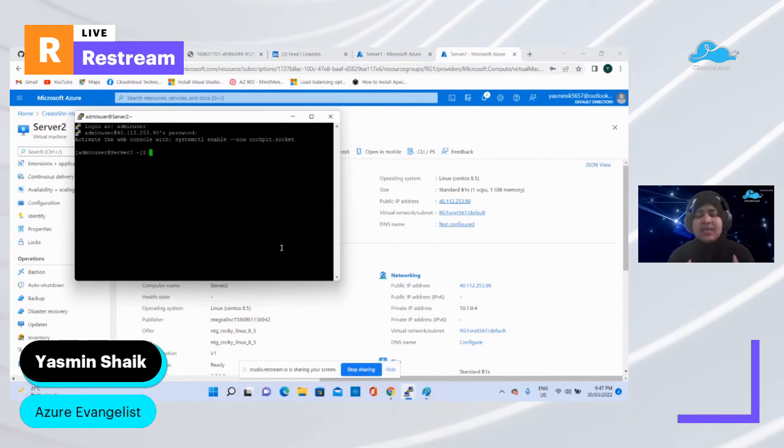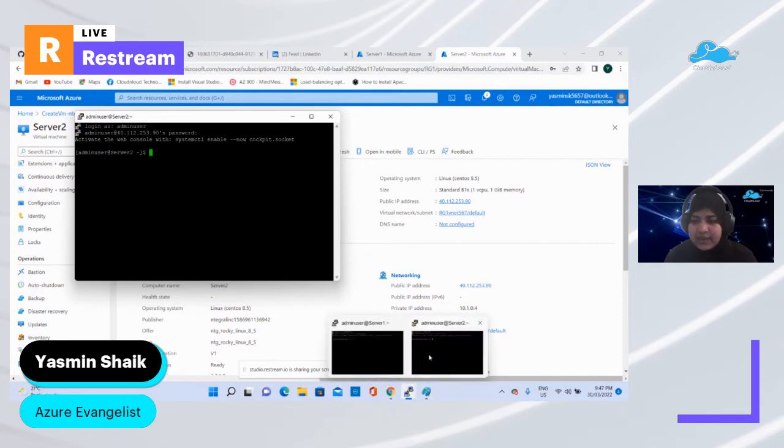You can set up any role you want. You can set it up as a database server, as a web server, or however you like. As I want to show you how the web server is deployed, and I want to show you the traffic management, I'm just going to set this role as a web server.